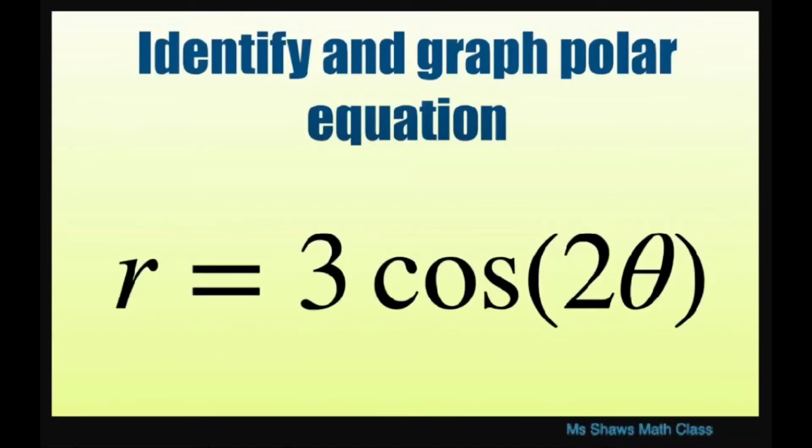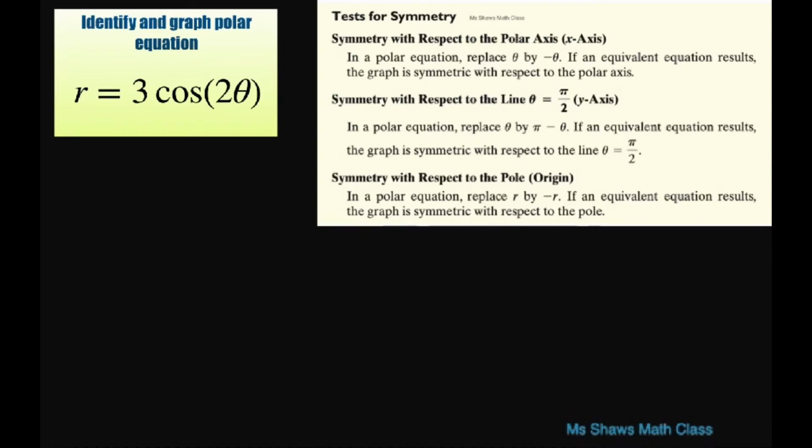Hi everyone, we're going to identify and graph our polar equation r equals 3 cosine of 2 theta. This is a rose with 4 petals, and we're going to check for symmetry before we start to graph it. There are 3 tests to check, and the first one is to check symmetry with respect to the polar axis, the